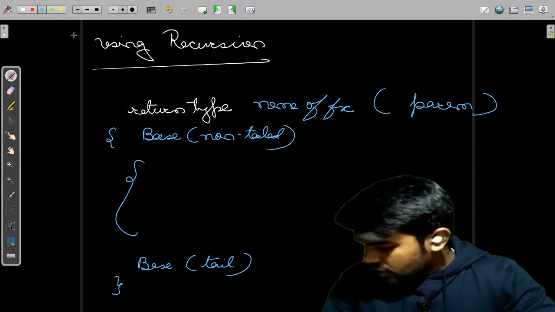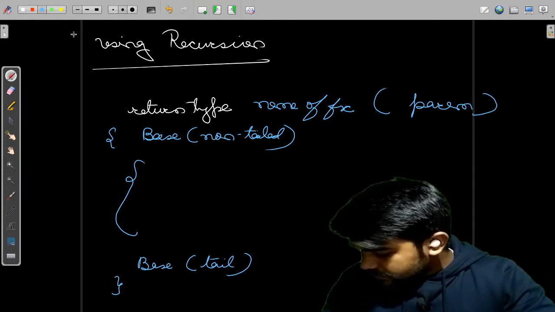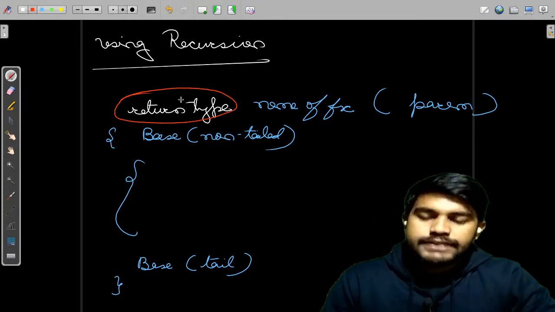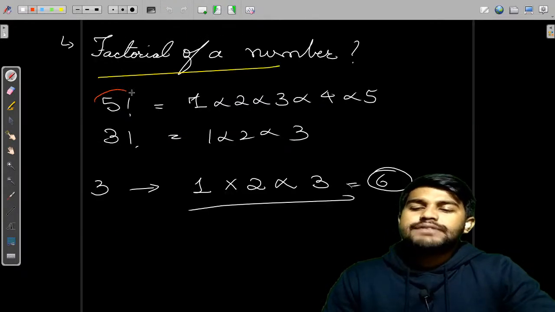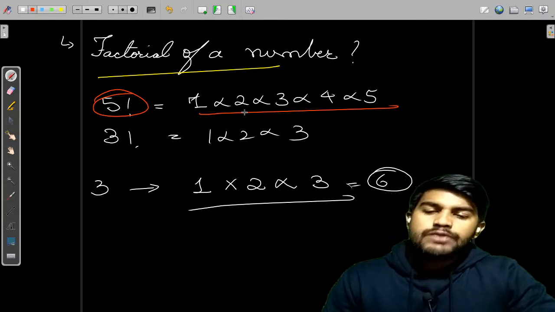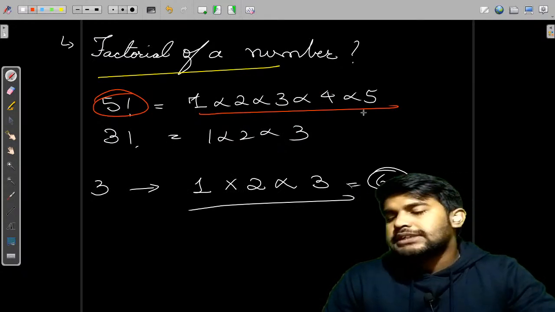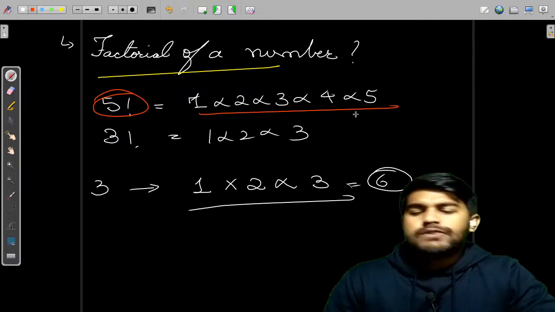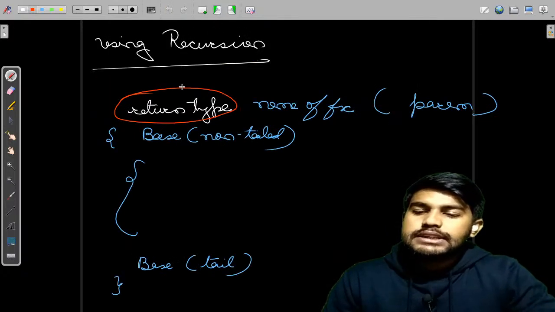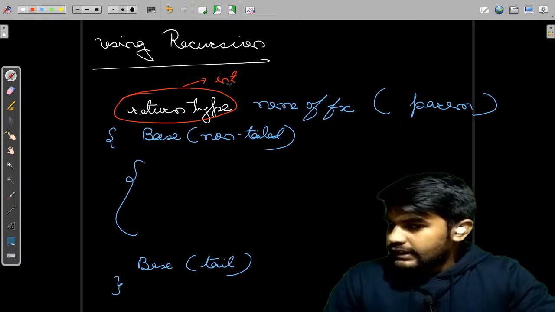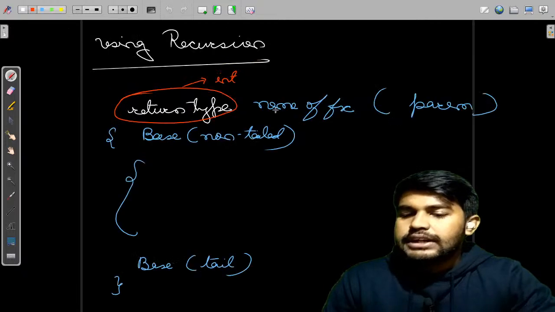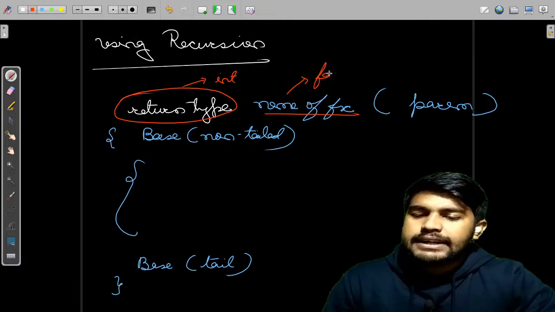Fair enough. So we know till this point. Now we move forward and ask what is the return type of this factorial. Basically we are giving a number and we are given back a number only. We are not given the multiplication, rather 1 into 2 into 3 into 4 into 5, after the multiplication whatever the value is obtained, we would just provide the value. So according to this the return type should be int. And as we are calculating the factorial, let's name it as fact.